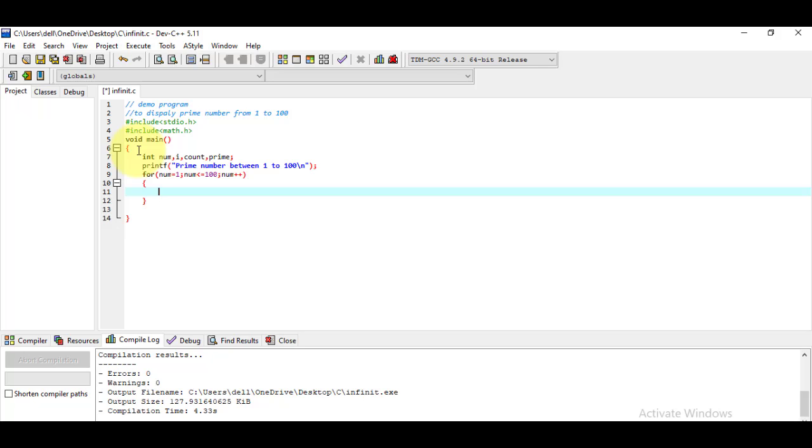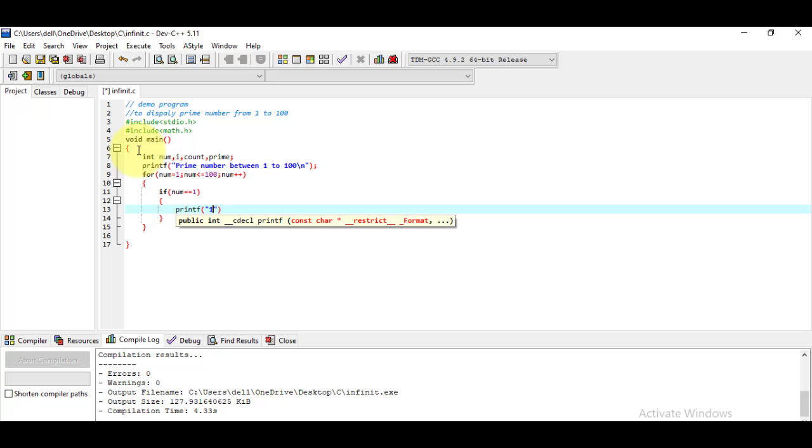So I will write: if num is equal to 1, then here I have to display a message for the user, printf, that 1 is not a prime number and composite number, then put the backslash n at the end.